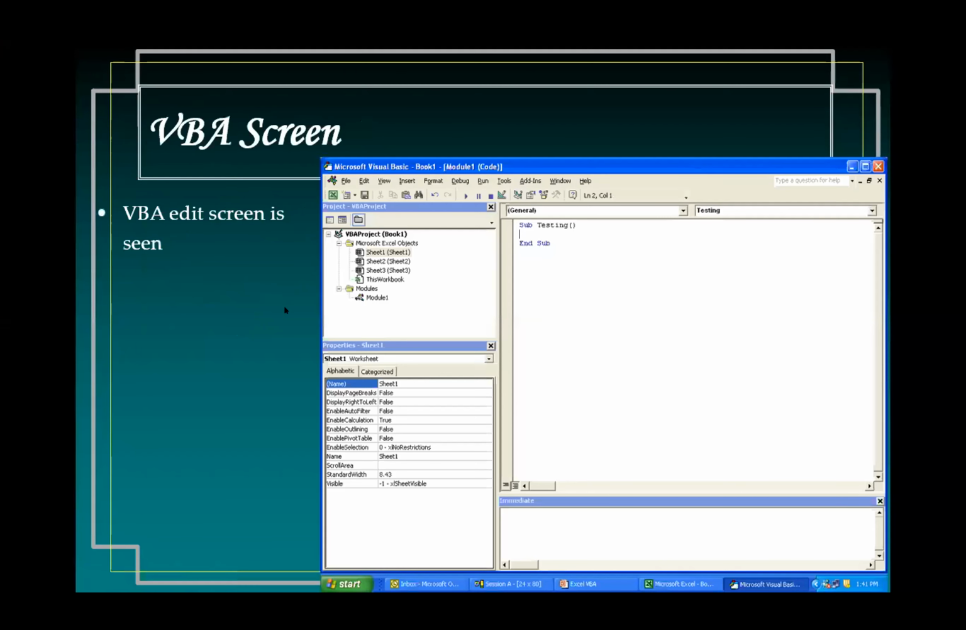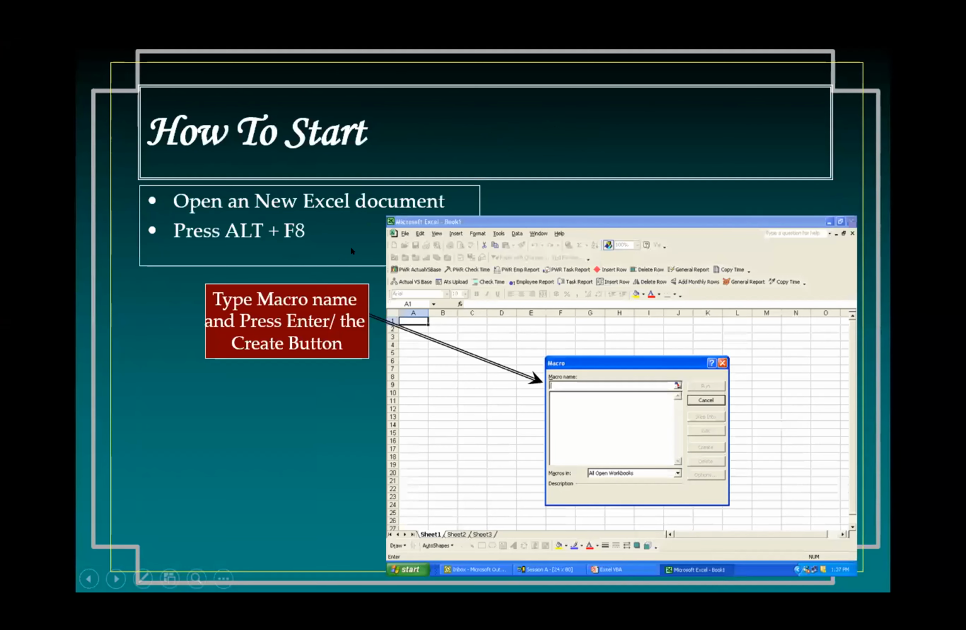Okay, cool. Thank you. So here is what we saw. We saw how to open a macro. How do you start? You open the Excel sheet and you press Alt and F8. By the way, what you see over here,